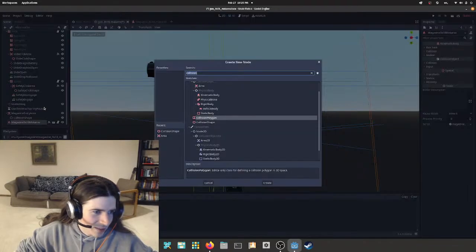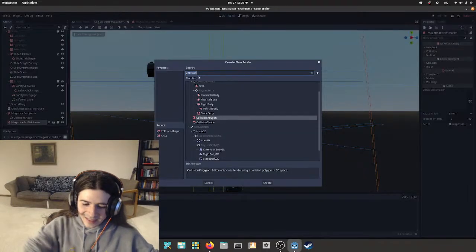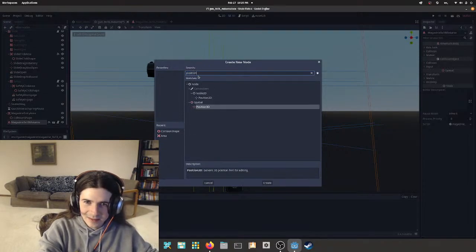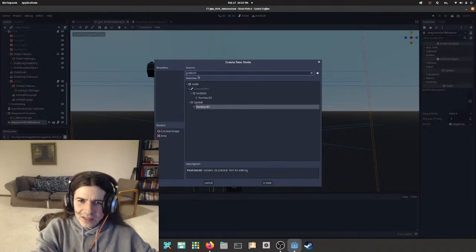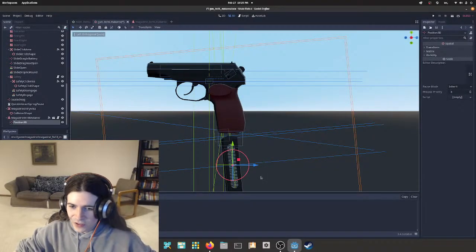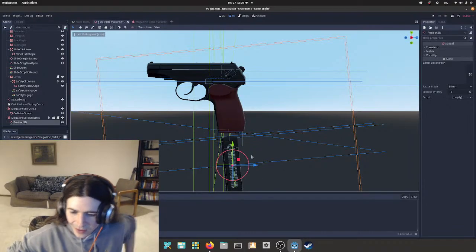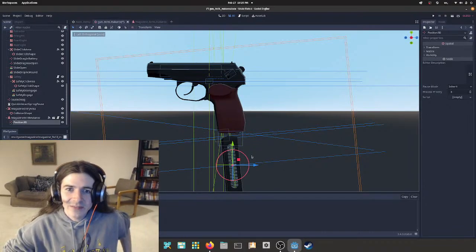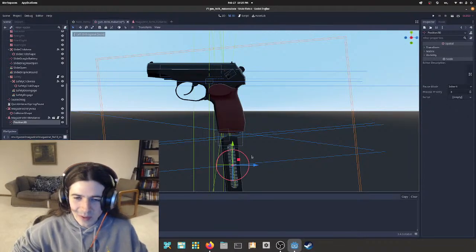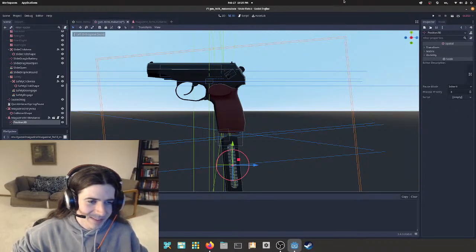So we're going to add a child node to this. That's just a Position3D. What does the, I saw in your other video, you had a navigation in your object. Is that for like pathfinding for AI? I haven't done any of that, so that's probably something I'm going to have to learn about.